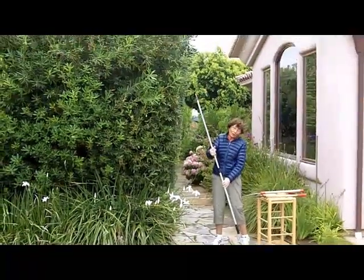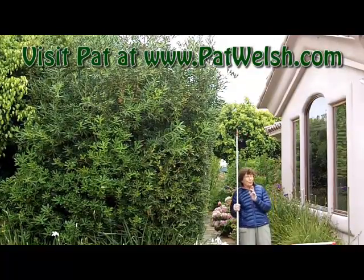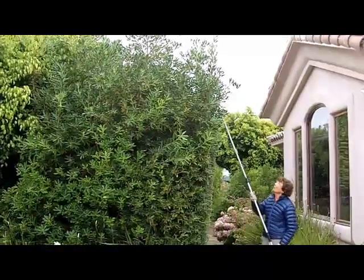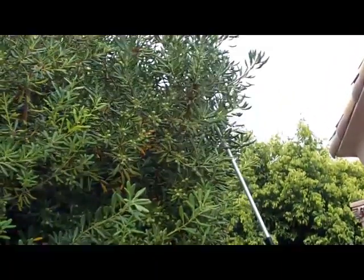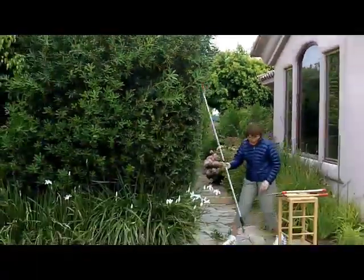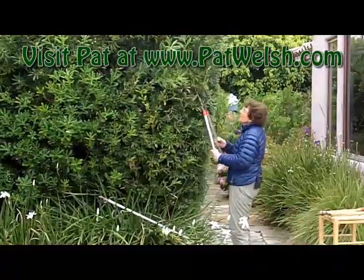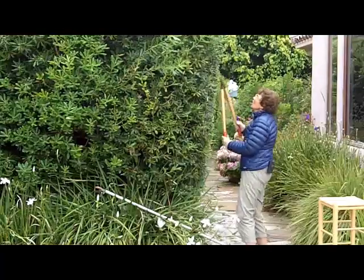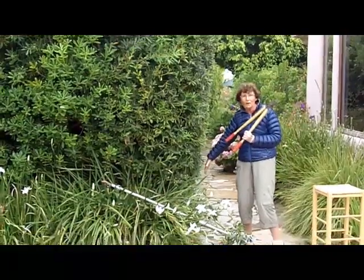Now this tool I've got here is called a long-handled, oh no, not a long-handled lopper, that's the wrong thing. It's a long-reach pruner, and I can reach all the way up to the top and cut back, I think, these high branches and let them drop like that, so that we will manage to get the top narrow, we hope, and the bottom wider, and then cut this part back, back, back to let the sun down. If you need to, you can use the loppers there to get off the heavier wood and get some of this cut back so that the sun hits the bottom. Then you won't end up